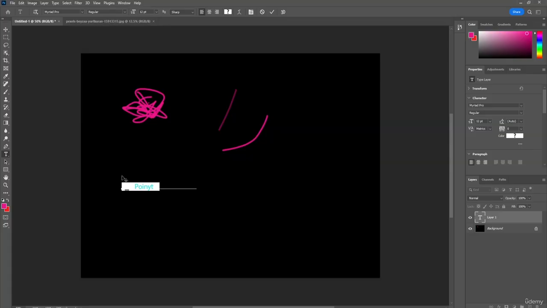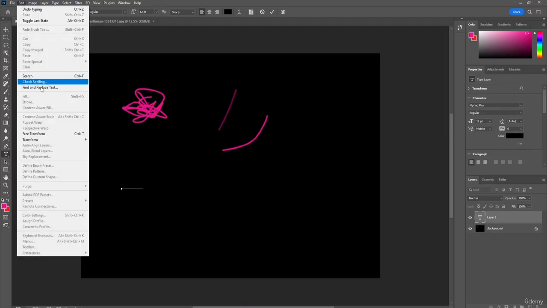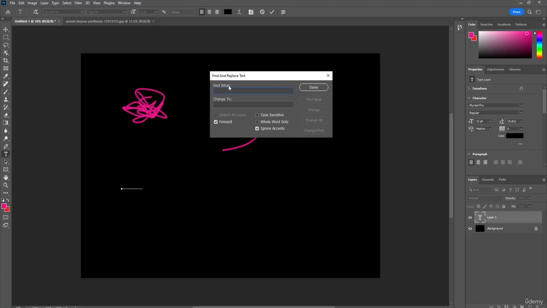So now I'm going to undo what I did like this. And now I'm going to be talking about the find and replace text. So basically you can use this option when you have multiple text written here. So you can write one of the words that you want to find, and then you can basically change it